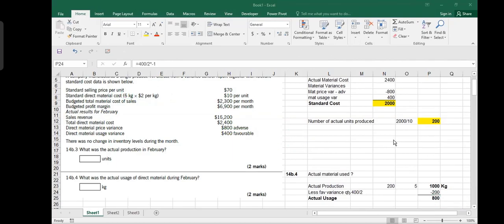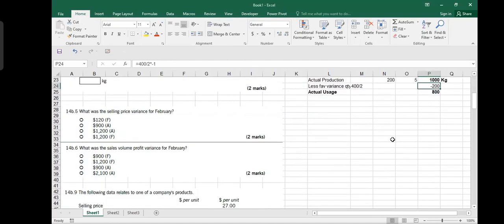Now, next is 14B5. What was the selling price variance for February? Selling price variance is very, very simple. Selling, not volume, but selling price variance. Always start with the actual units sold. You say 200 units should sell for